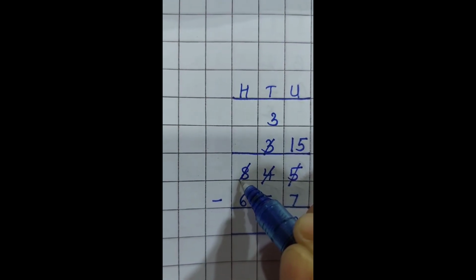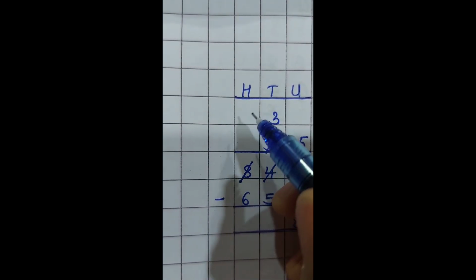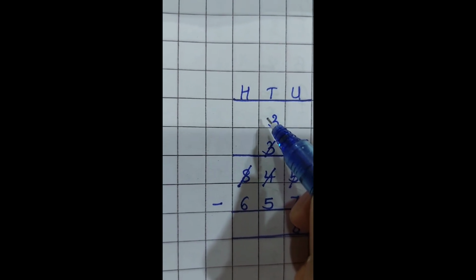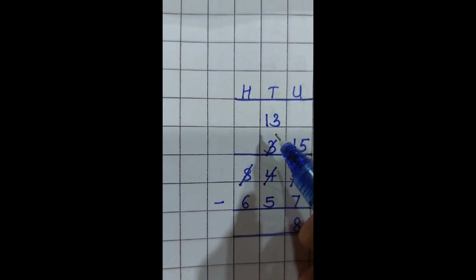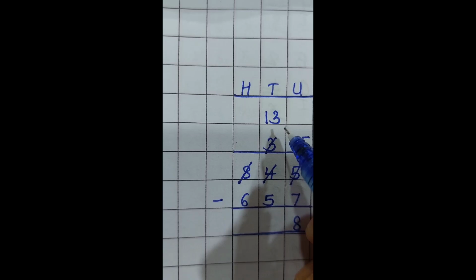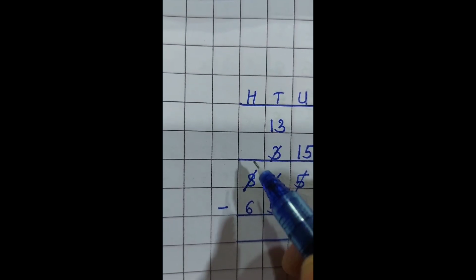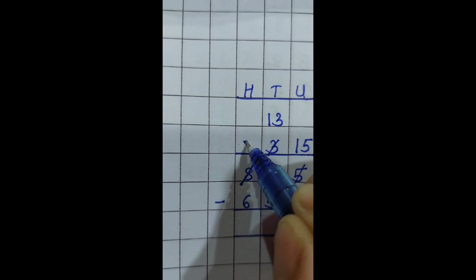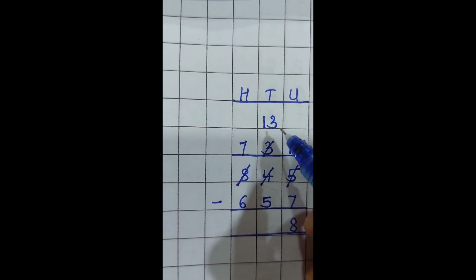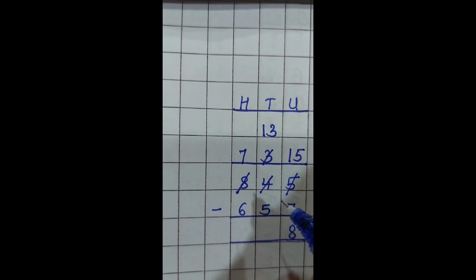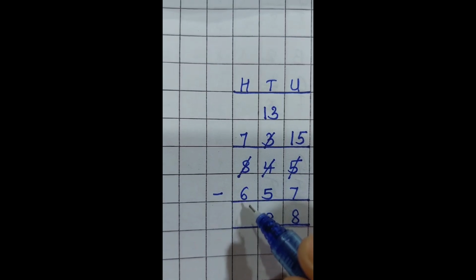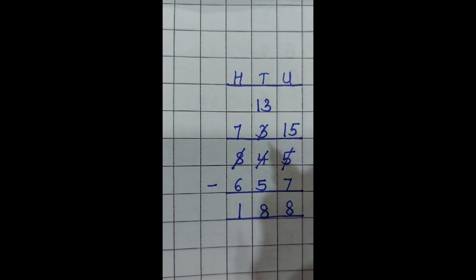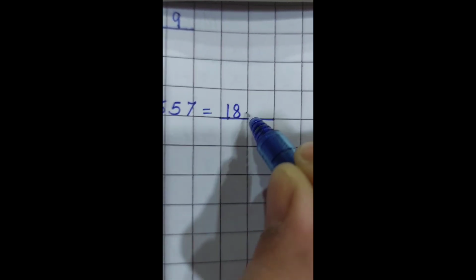So when we untie 8 hundreds, we give 100 to tens, that is 10 tens. 100 is equal to 10 tens. So these 10 tens and these 3 tens become 13, and from 8 we gave 1, so here will remain 7. So now 13 minus 5, who can tell me that? Yes, it's once again 8. So the answer here is 8. 7 minus 6 will be 1. So what is your answer? 188. So you write the answer over here, 188.